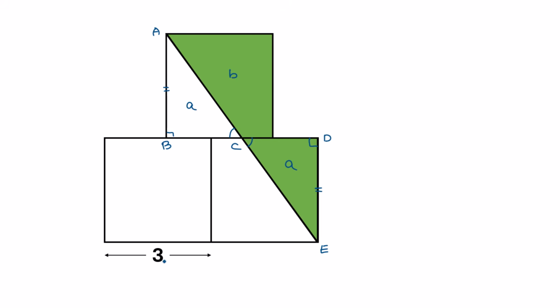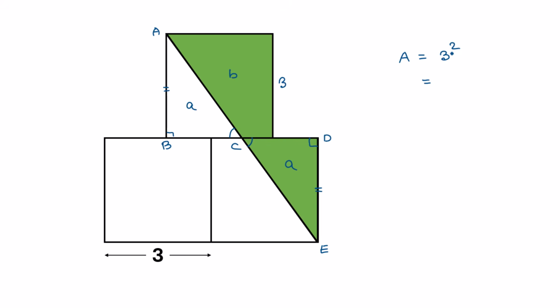As the side length of this square is 3 units, the area of this square is 3 squared,